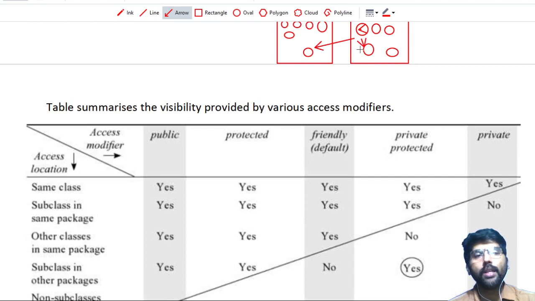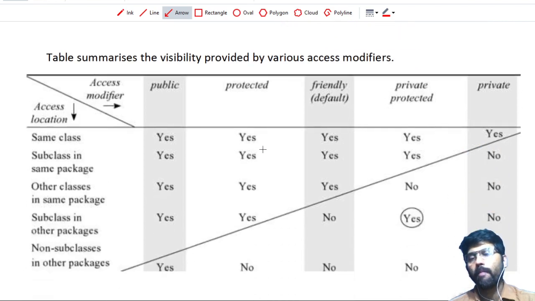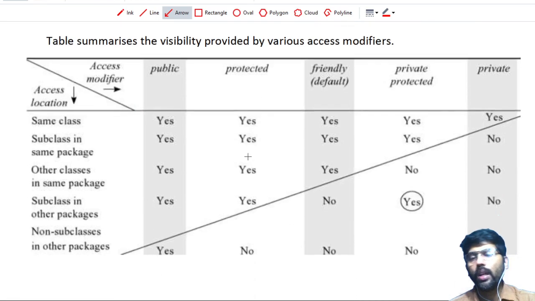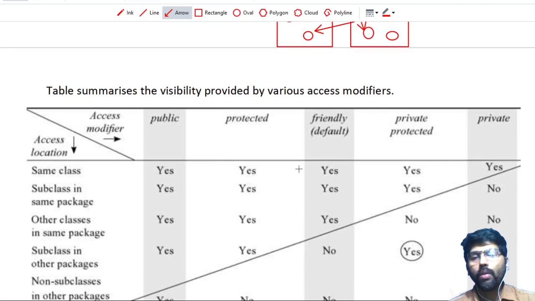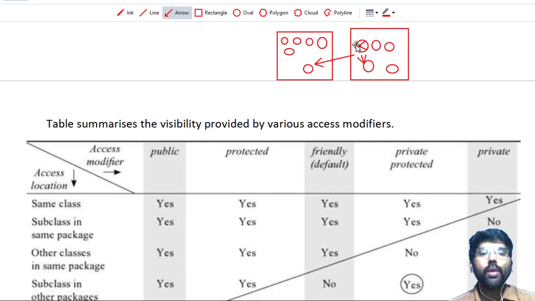Subclass in the same package, other classes in the same package, subclass in the other package, and non-subclasses in the other packages. If you use protected, it can be accessed from the same package as well as from the subclass in another package. Friendly means it is available only in the same package, only here.